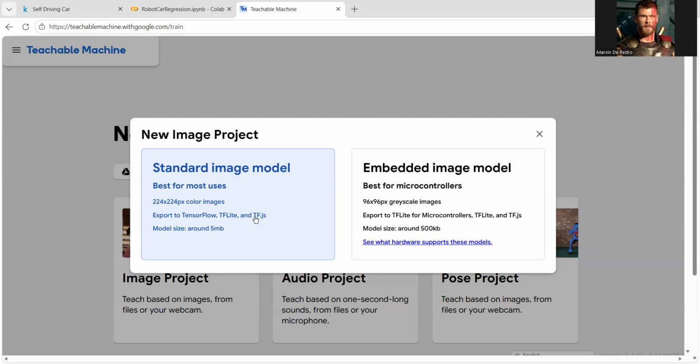These are all Python-based libraries. The model size is just around 5 MB, meaning it can be used for microcontrollers like ESP32. We use the standard one. By the way, if we use the other one, then we can have smaller values, but for demo purposes, let's use the standard one.